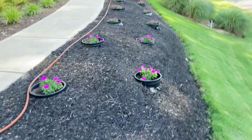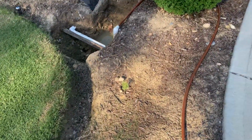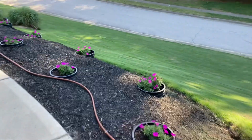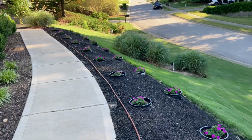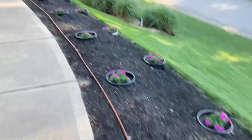It's going to need a lot of water and a lot of fertilizer, so that's why I'm going to put in a fertilizer injector here, because it's just far too complicated to water all of these by hand on a slope with a watering can with fertilizer. It just kind of defeats the purpose. So anyway,